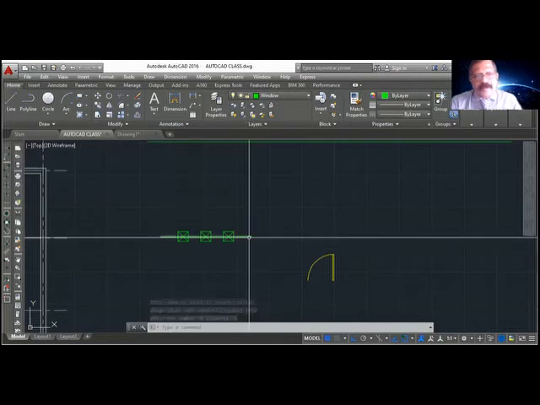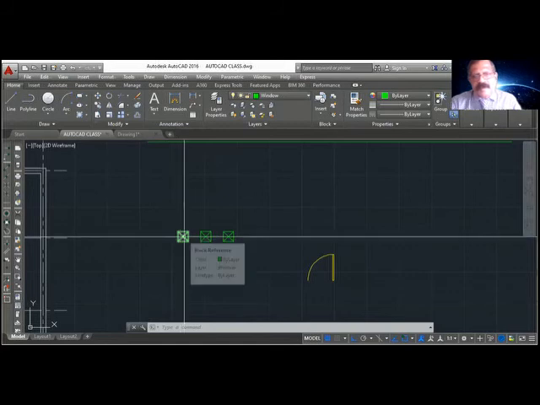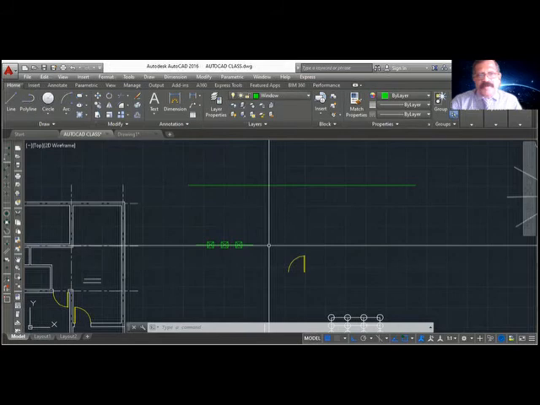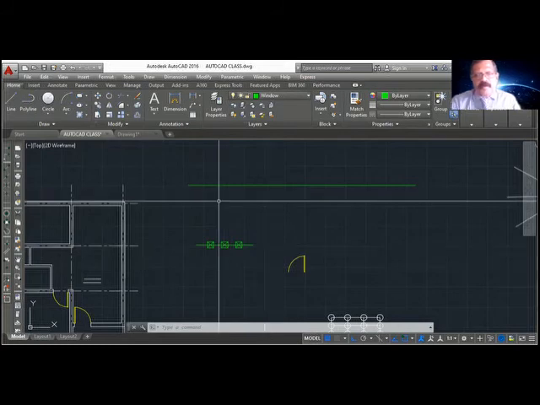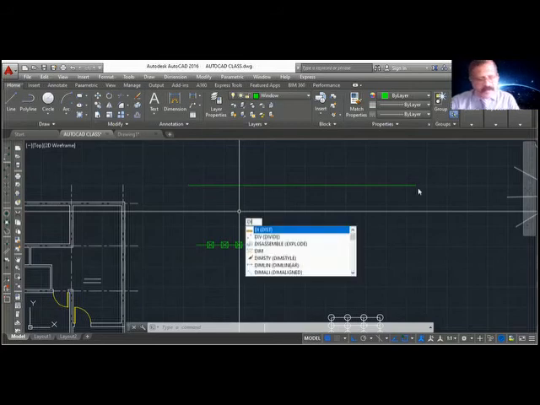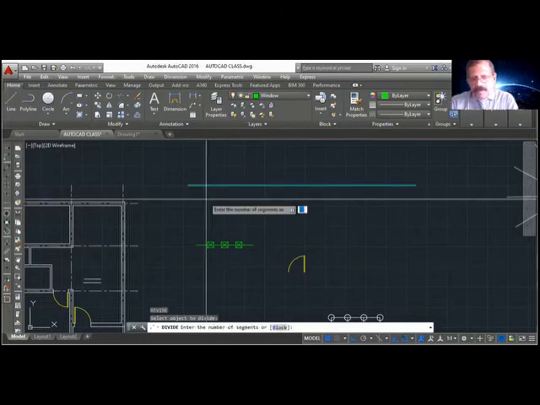So he started from here, measured the equal distance, and the equal distance. That's how he put the block here. You can put it here also. How many blocks you want, you can give. Divide, I want 10 pillars here. Divide, enter, block B, block name is pillar.